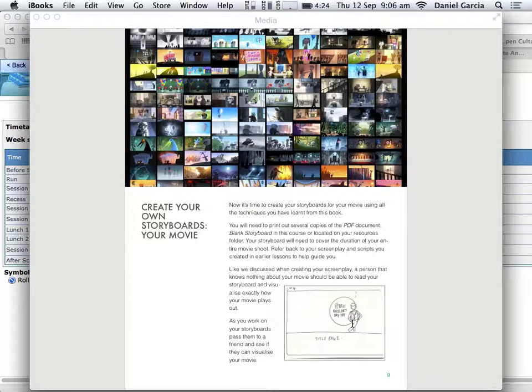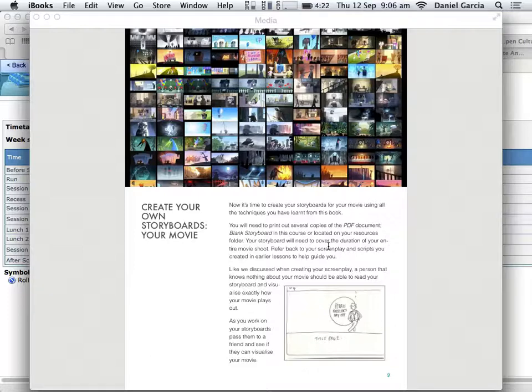Just imagine, if you were given this task: I've taken someone's screenplay, I've taken someone's storyboard, and you're now in charge of making their movie. You go to their storyboards, you're super excited, and it's a stick figure on one screen, and that's it. That's going to be a fun movie. So, that's what you need to do.